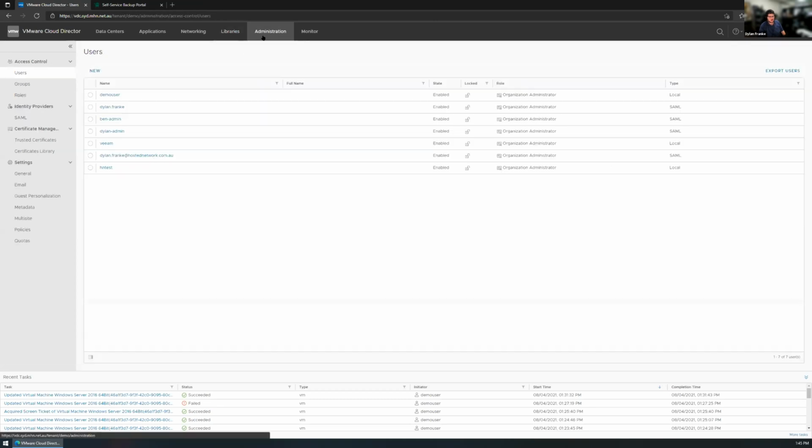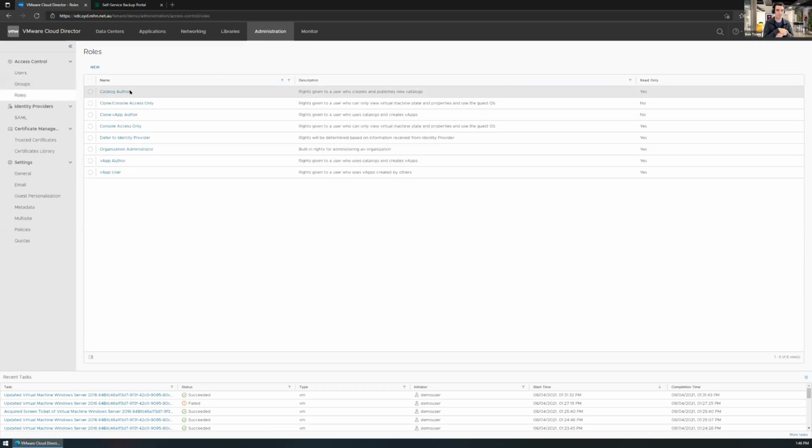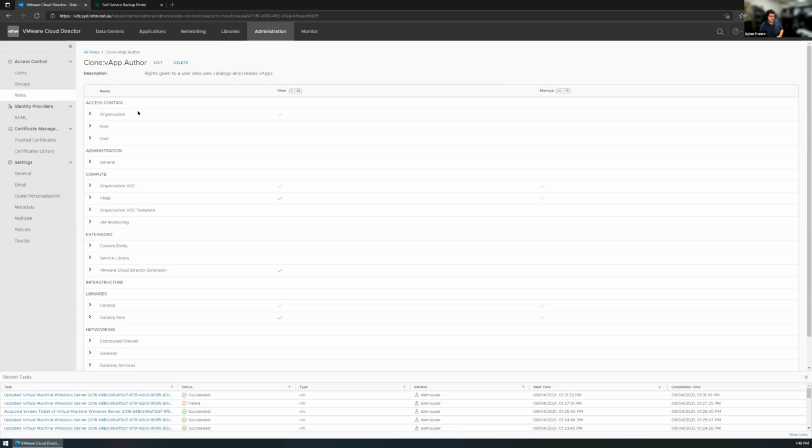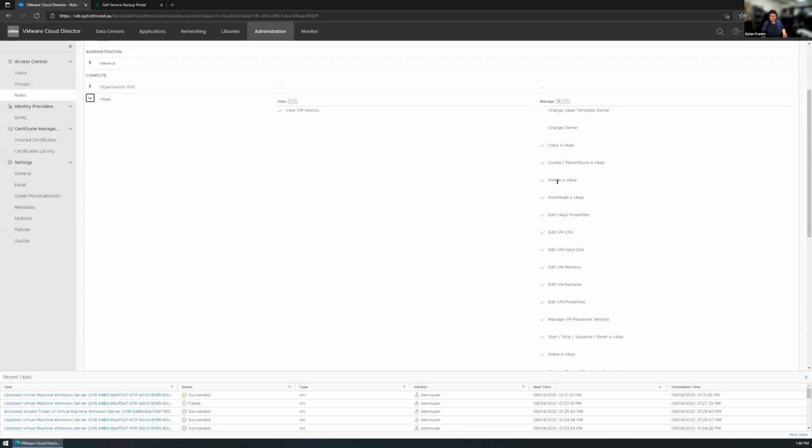And the last little tab is your administration. This is actually where you can go in and control your users and groups and roles. Like Ben mentioned, you can completely control what someone has access to through the roles. If I go into this cloned one, it's full granular control over what they do and don't have access to. So if you want them to be able to view a VM but not modify it, you can do that. You can do that under the vApps. You can give them access to, say, control the power state, access the console, things like that. And you can share this role across all of your VDCs.